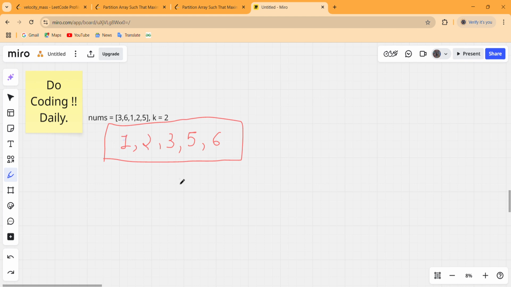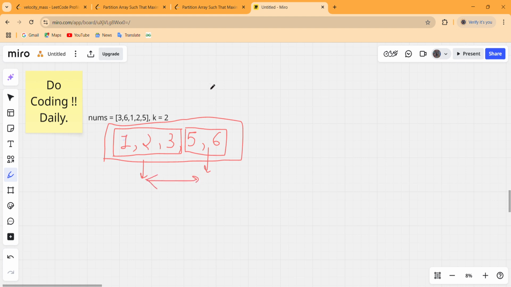again. If we partition the array like this, that means group these 1, 2 and 3 together, and this 5 and 6 together. In this we can see that the difference is 2, which is less than or equal to k, so this will be a possible partition, and in this the difference is 1, and this is also a valid partition, so this will give us 2 as our answer.